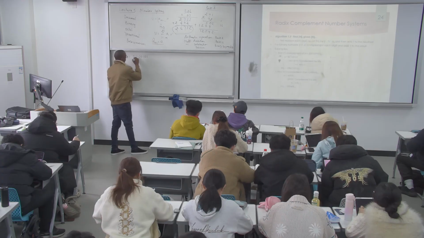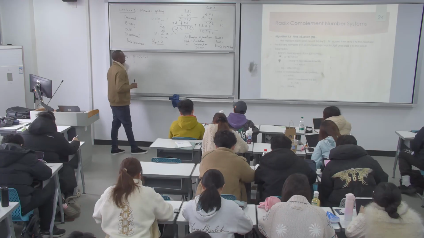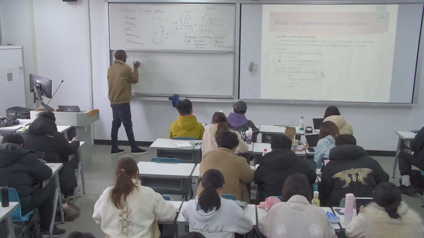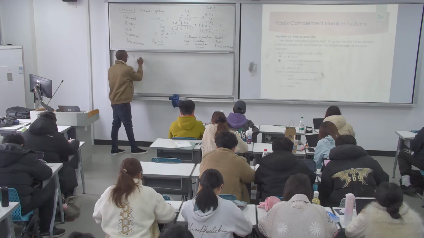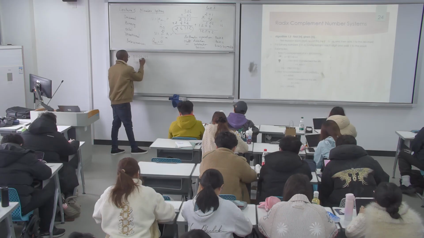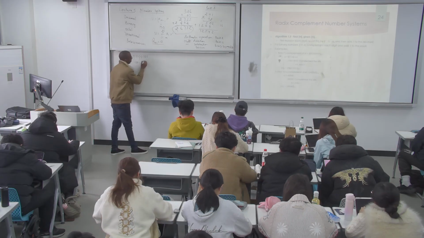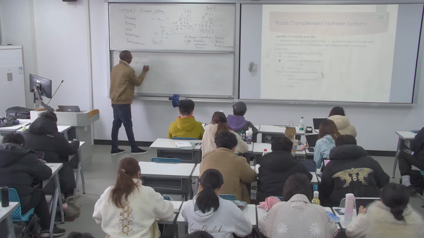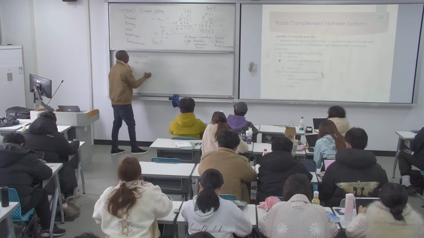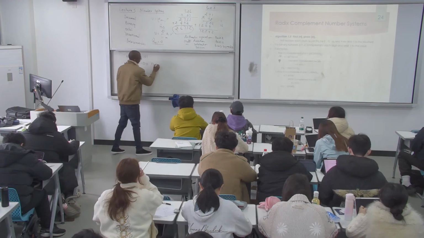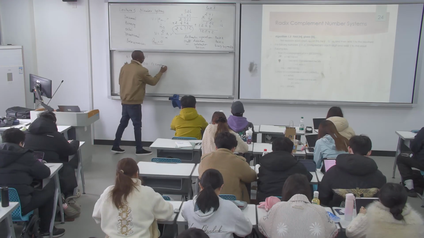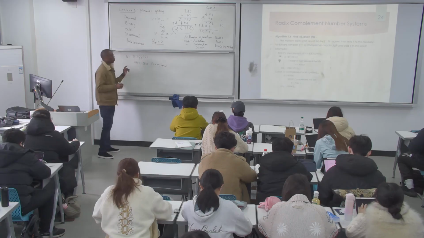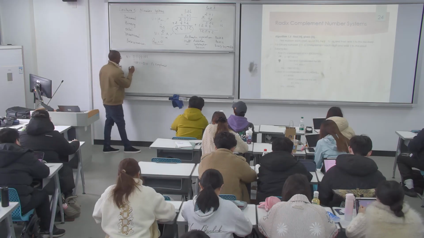If I invert this bit, I will get 1. If I invert this bit, I will get 0. If I invert this 1, it is 0. Invert this 1, it is 0. If I invert this bit it is 0, and this one is 1, and this one is 1. So this is 1's complement. We call it 1's complement. And to get the 2's complement, you need to add 1,